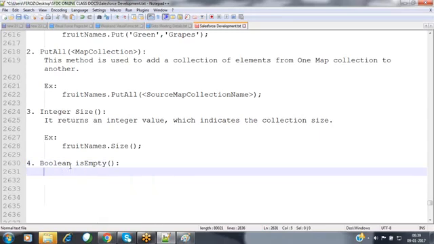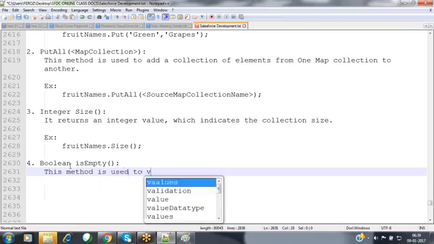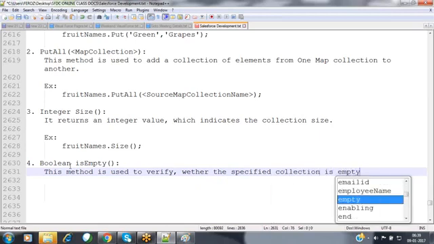This method is used to verify whether the specified collection is empty or not.